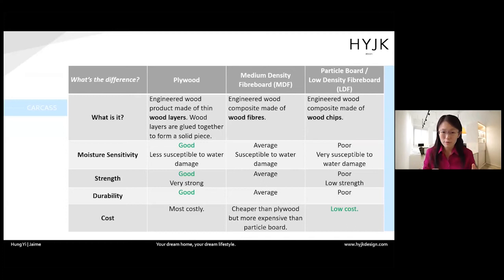For strength, it's also the strongest in general. Durability, generally the most durable, but of course the most costly. But if you intend to keep your cabinets for a long time, we always suggest going with plywood versus other materials, especially for cabinets that you need strength for. For example, if you're building a bookshelf, books are actually very heavy, so you would want to use something a bit stronger. Plywood, some people even use metal.